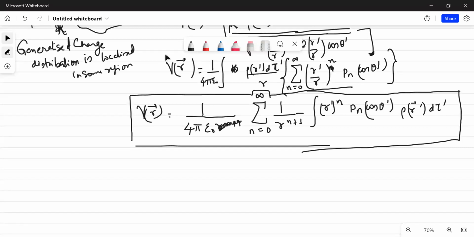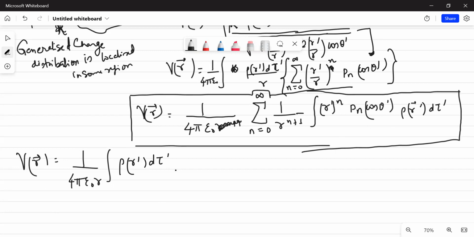Okay. So what we have done now, if you take n equal to 0, I'll write more explicitly in this sense, कि इसको ढंग से लिखे तो भी, r vector will be 1 upon 4 pi epsilon naught, एक बार n की जगह 1 लो, so it will be integral. Simply, I think this would be 1 over r, and then there would be rho r dash and simply d tau dash, right? Because this n equal to 1 means r dash की power 0 is 1, and p naught is again